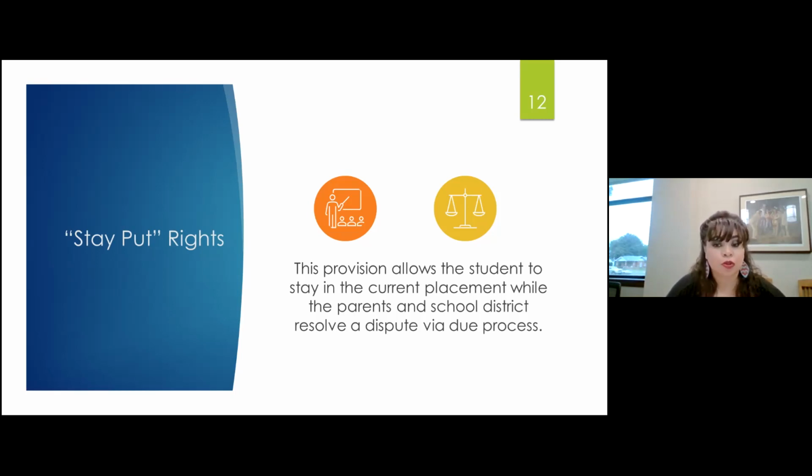So this is something that I would encourage parents to know, that you have this option. If you and the school are in disagreement and they're proposing something that you do not agree with, you have the right to file this, or you do not have to follow due process, but in the middle of filing or not filing anything, the school may propose this change of placement. And even though there should be an IEP meeting agreeing to that change of placement, the school may change the placement. So this is one sure way that the school cannot move the child. The school cannot do anything different until the dispute is resolved via due process.